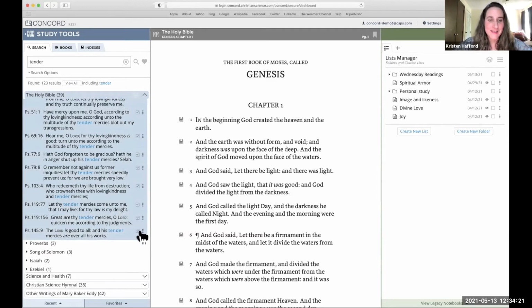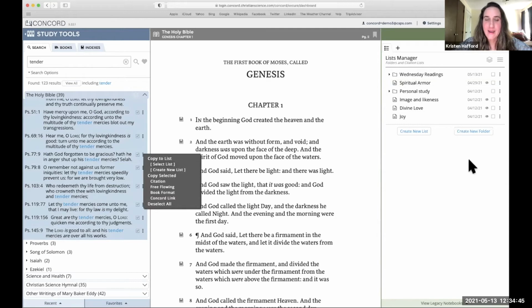And what happens is that all of the citations now have a checkbox in them, all 10 of them. And that means they're all selected because they're all in blue here. And so now I can choose any one of these 3 dot icons to bring up my menu to find my list. Now you can see I don't see any name of my lists here, which means I don't have any of them open in my list panel. So I am going to select list, choosing this option here, to find the list that I want to add